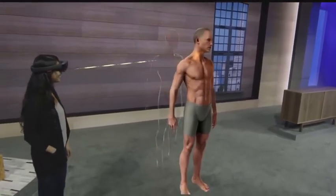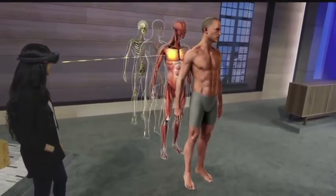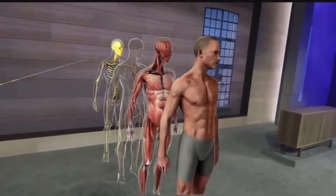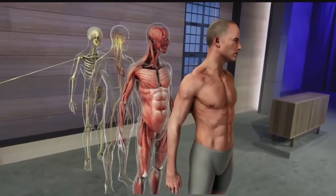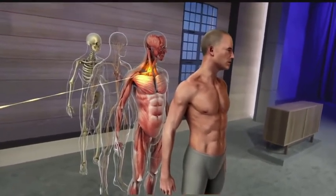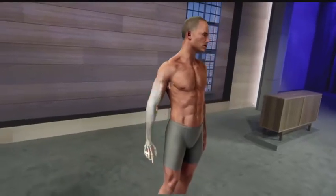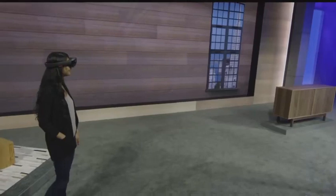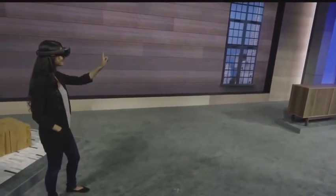Now, what you've just seen is a vision of how HoloLens could enhance one single subject. But as an educator, it's easy for me to see that it's not just anatomy that could benefit from this technology. This could change how everyone learns. Imagine for a moment some of the other fields that could be changed. For example, chemistry and genetics,